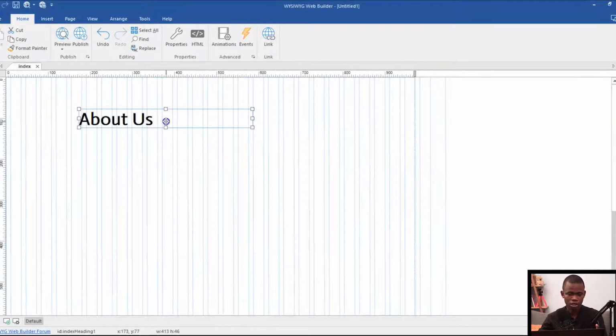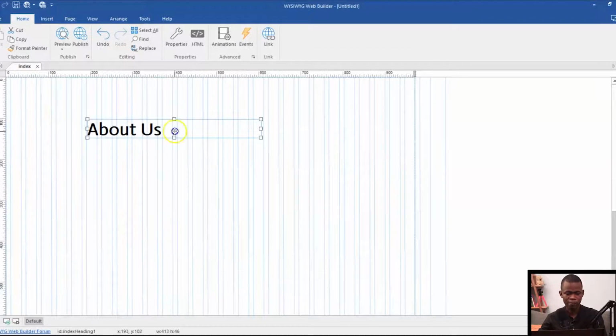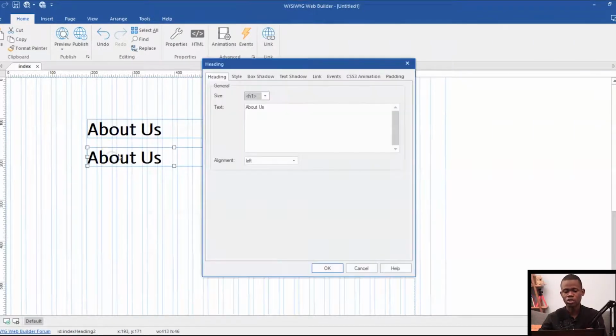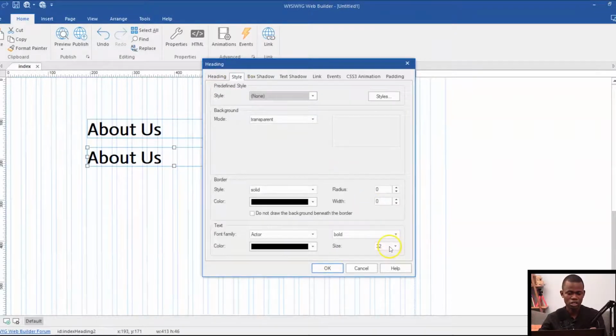It's going to increase the size a bit. Now when you go ahead and duplicate this, let me just copy this using Ctrl+C and then paste it here. Let's say I'm going to change this to H2. It is important to also change the size over here to, let's say, 28.